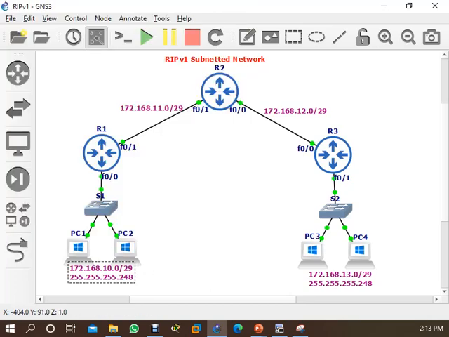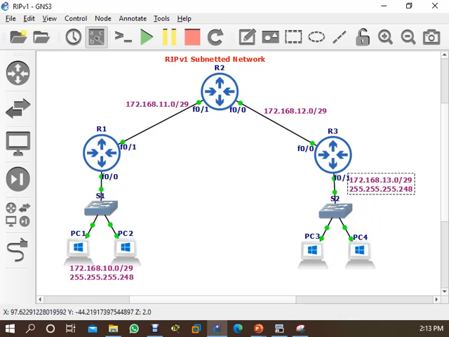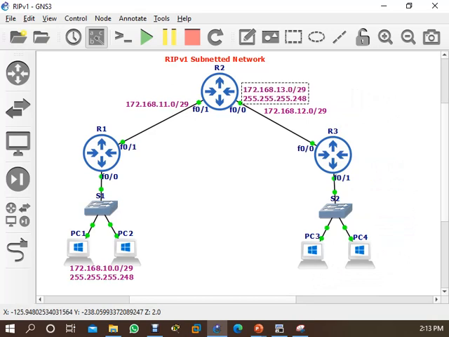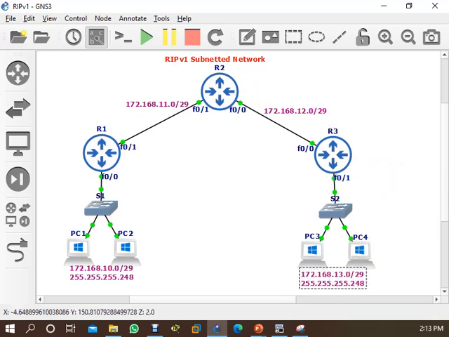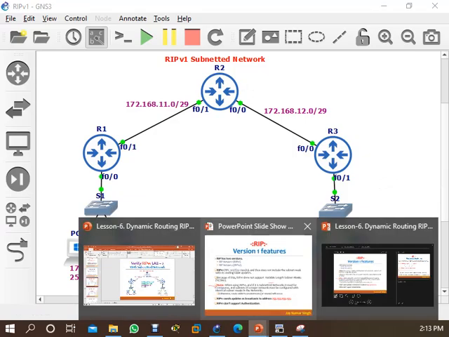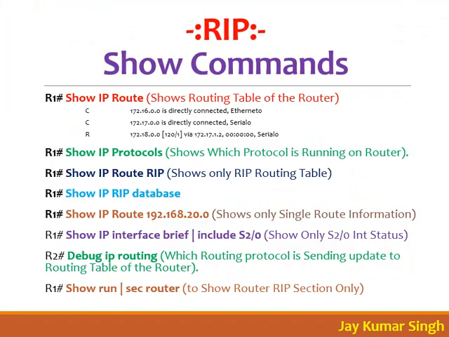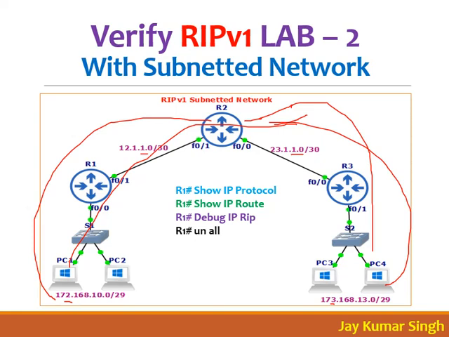So /29 and /29, the subnet mask is same. Same here, update received from R3 for 172 on this interface, so the subnet mask is same. Then they will add the subnet mask, then they will communicate. But if you see here in this one, this update was going here on R2, the subnet mask and the received subnet mask were different.